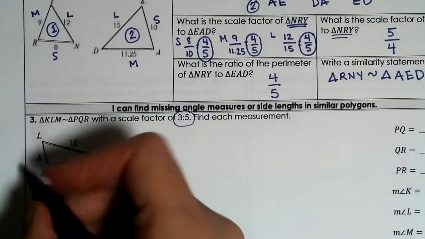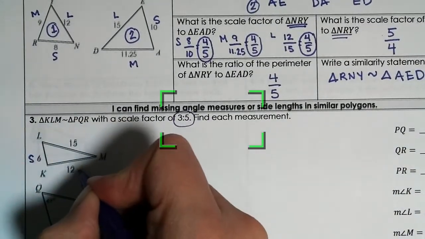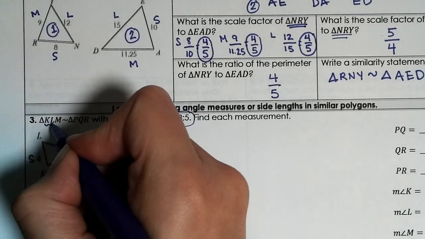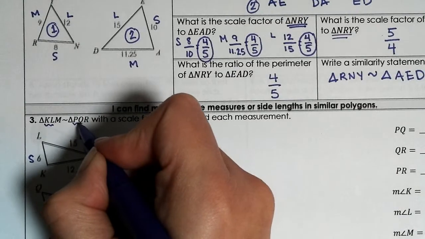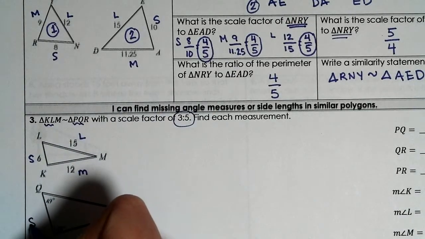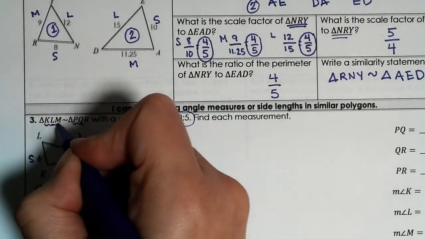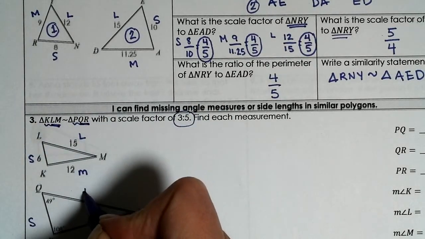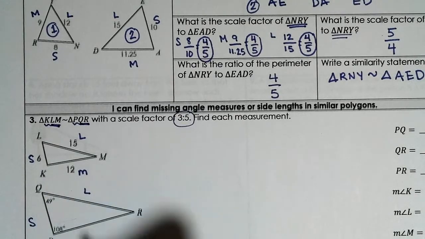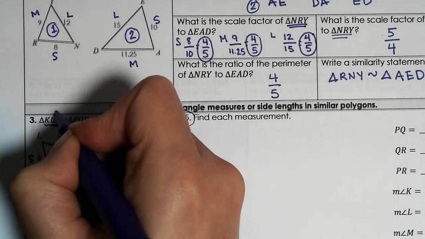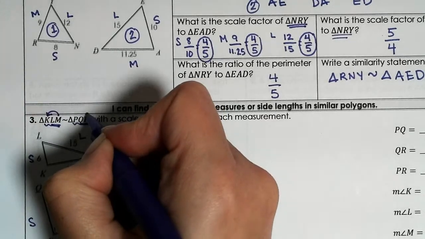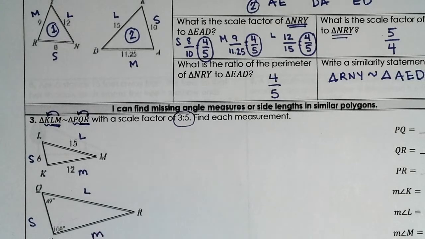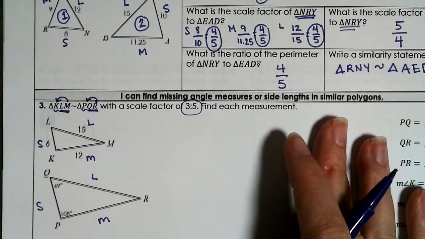I'm going to label my sides small, medium, large. I know that KL is going to match up with PQ, so this is going to be my small side. I know that LM is going to match with QR, so this is going to be my large. And I know that MK is going to match with RP, so this is going to be my medium side. So I like to do that because now this is going to help me set up